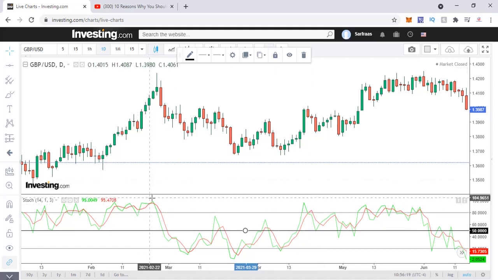So although this gives you a hint that probably there'll be a little more bull run and it could end over here, you have to be cautious. At the same time, with the help of other tools, probably moving averages, you get the best hint whether to exit or not, and whether to sell here or not. Right now I'm just showing you with these two: the candles as well as the stochastic.